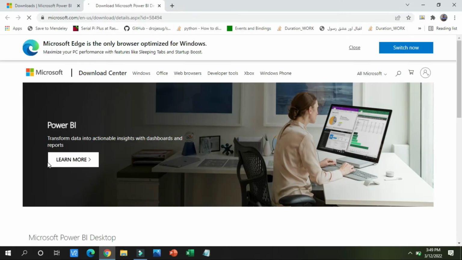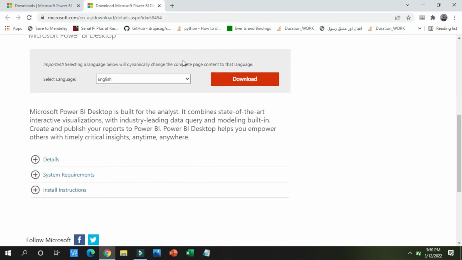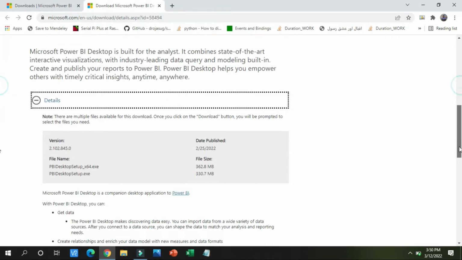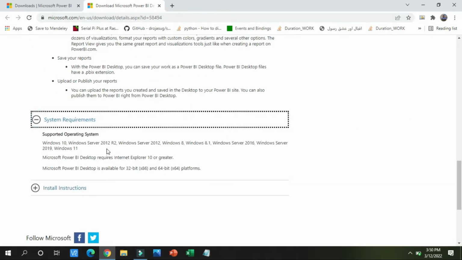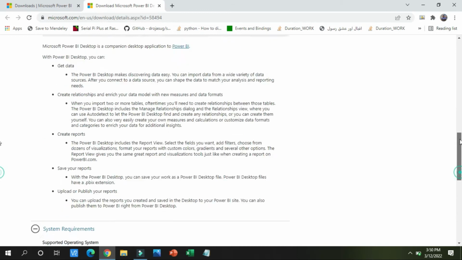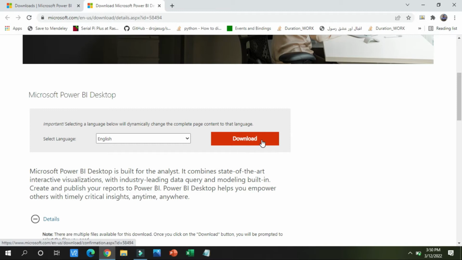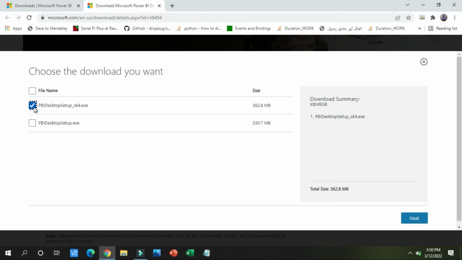You can also click on the download option as well, and in the advanced download option you can select the language as English, and you can see the details if you want to see, and the system requirements and the installation instructions. So without doing anything extra, I will click on the download button, and in the download please select this one, the x64 exe file, and it is 362.8 MB. I am clicking on the next button,